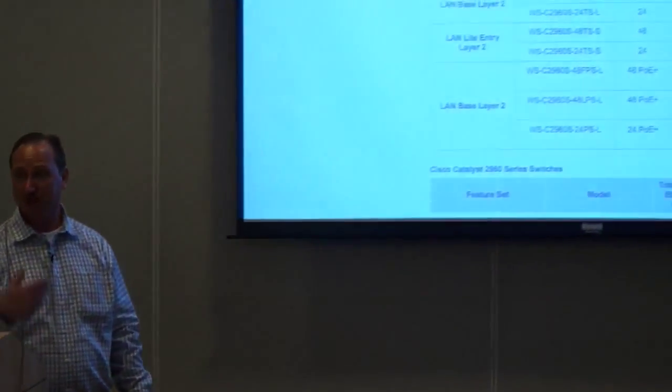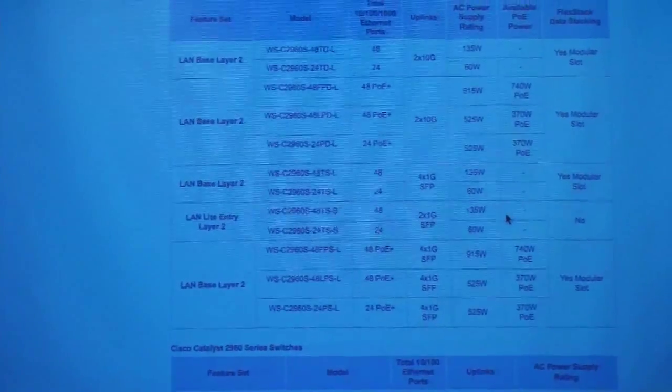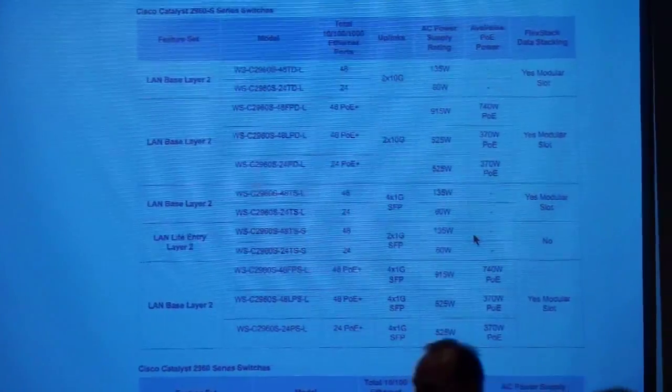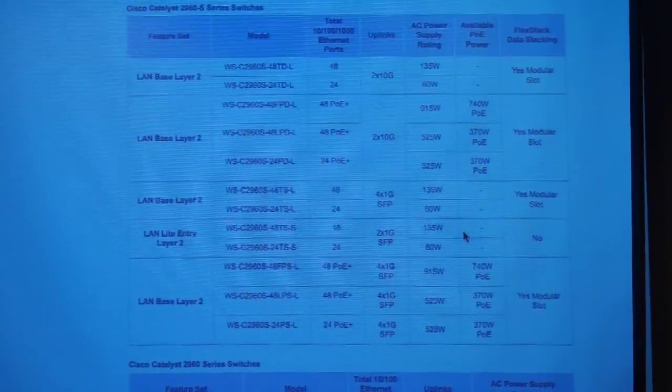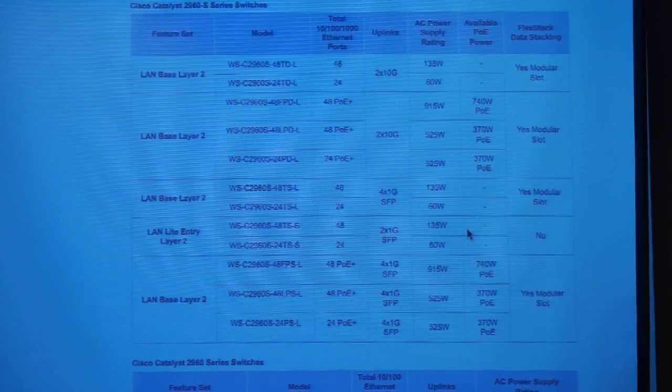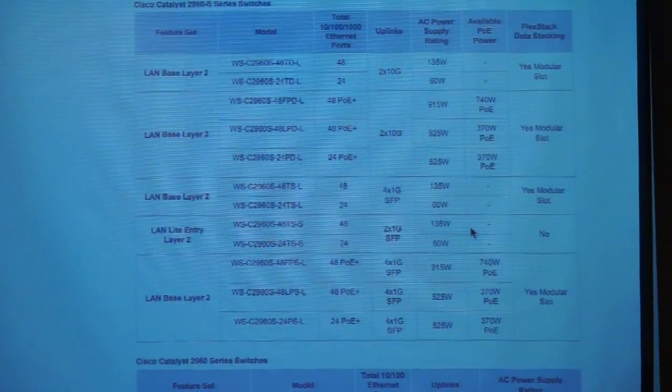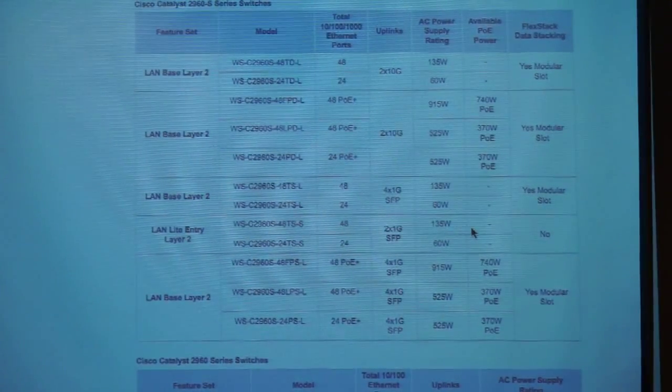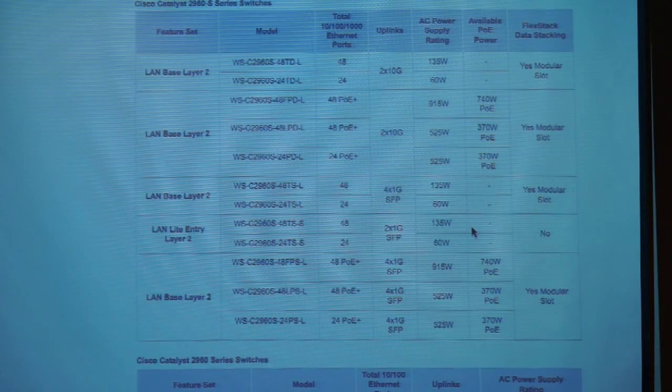It could do some kind of cool things. It does support EnergyWise, by the way. You can actually give power over Ethernet and manage it. But think about it. If I bought this switch, can I do power over Ethernet? No. I have to buy that switch. I can't upgrade one that doesn't do power to one that does. So I have to be very specific and very careful. And I don't see a lot of reasons at an access switch where you don't put power over Ethernet today. That'd be kind of stupid. I probably wouldn't do that.